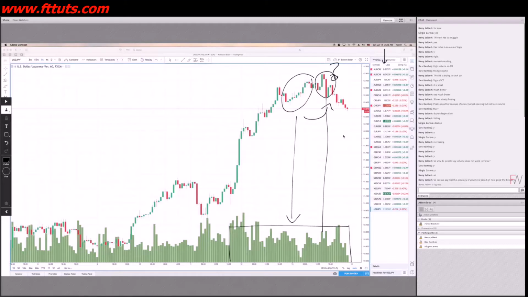But so the question is, so Barry is saying, so can we say that the accuracy of volume is based on how good the broker is? Generally, yes. And if you want real accuracy, you can even use the futures volume, but you don't have all your currencies. You only have a limited amount of currencies, because then you can see what is the volume at the exchange itself. You know, Forex doesn't have an exchange, so you'll have to do your best by looking at brokerage volumes. Okay, so the key is also understanding if you have something that pops up beyond average. So for example,